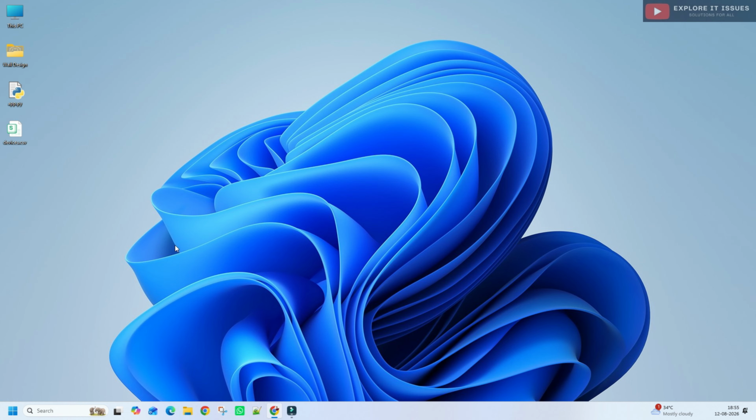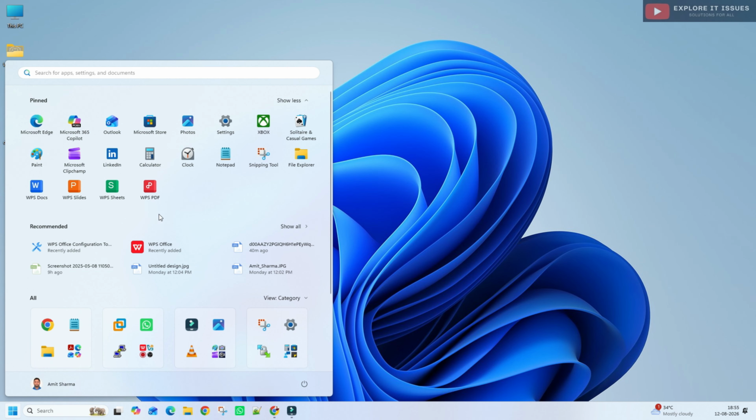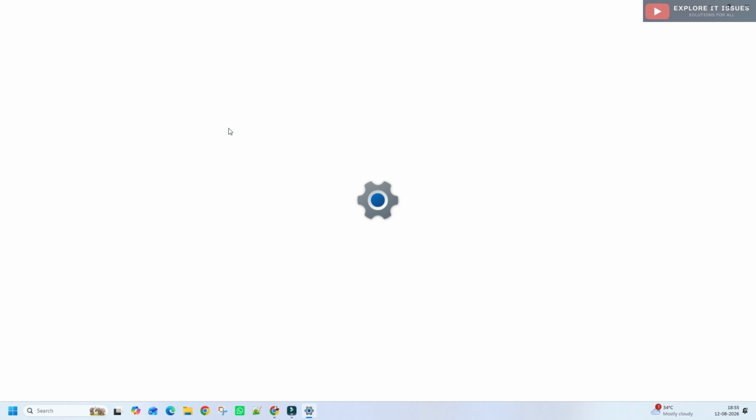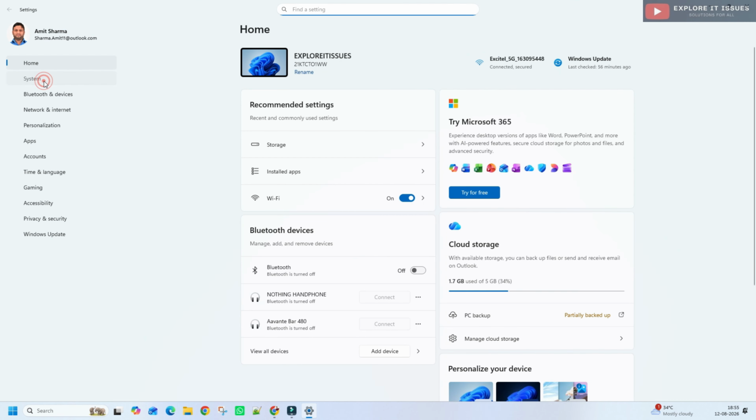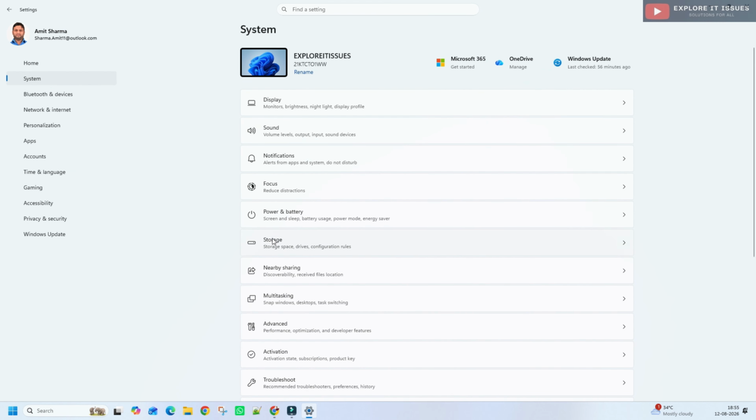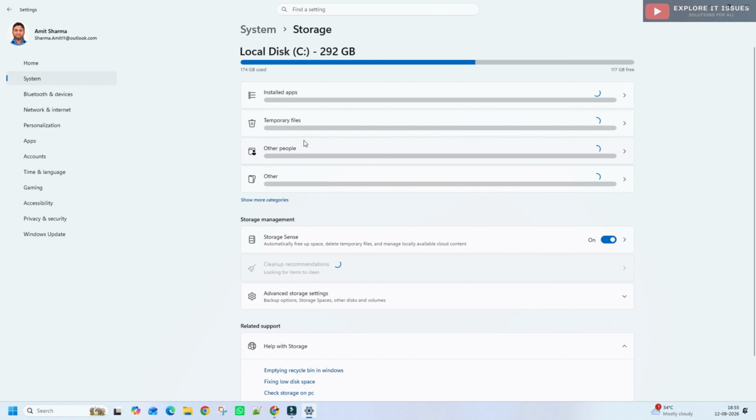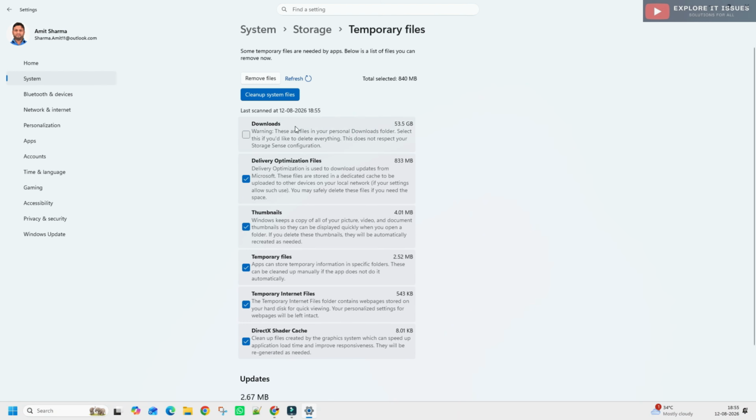So go to Settings and click on System, then go to Storage. Here you can see the multiple temporary files and installed applications like this. Be careful: if you select the Downloads folder, make sure there are no important personal files that you still need.